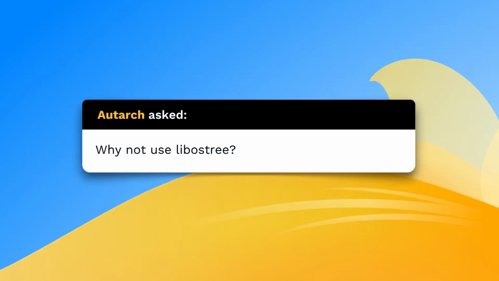Why not libOSTree? OSTree is a great project, but our vision is different. ABRoot is in fact a much simpler solution, which allows committing changes to the system through controlled and atomic transactions between two root partitions. This allows updates to be installed much faster than other solutions, always offering a restore point.